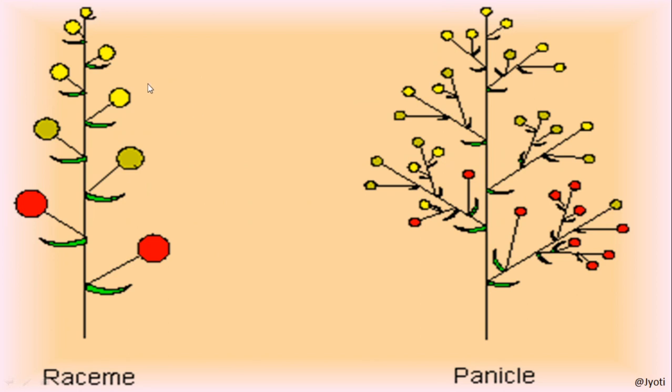So here, as I told you, when the simple raceme is branched, then that is called compound raceme or panicle. So here you can see the peduncle is branched. Now each branch is having similar type of arrangement, that is acropetal succession is there, and they are also having the pedicellate flower. The older flower towards the base and younger flower towards the apex. Okay. So I think it is clear to you. When raceme is branched, then it is called panicle or compound raceme.